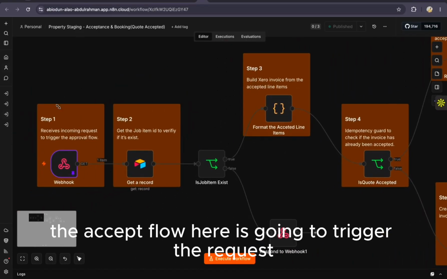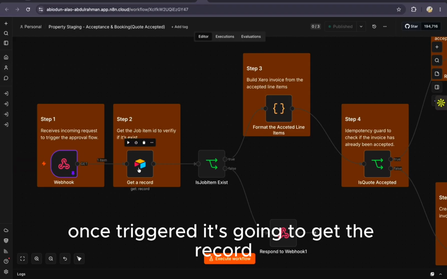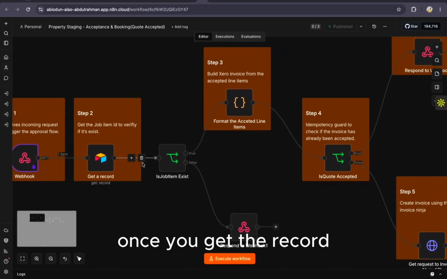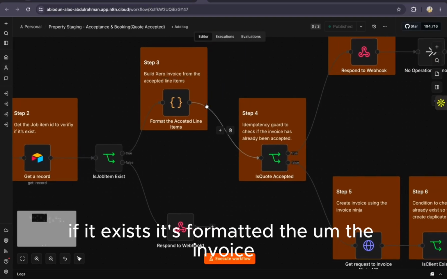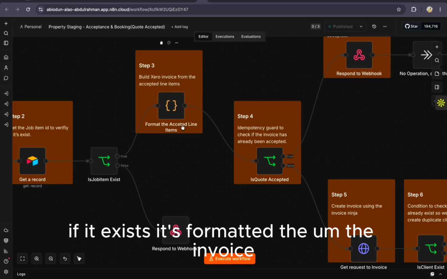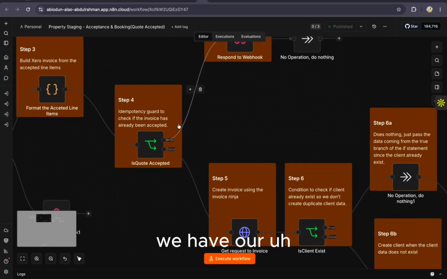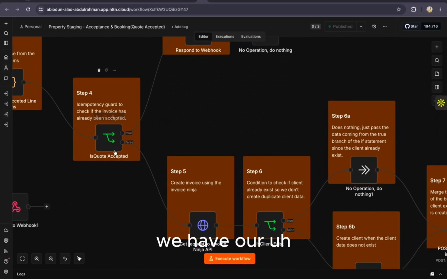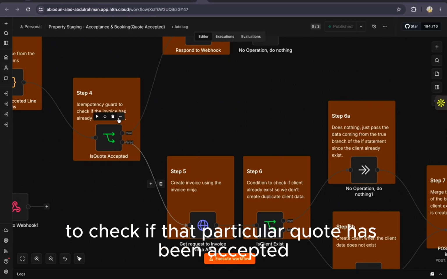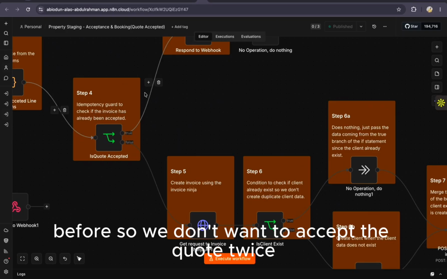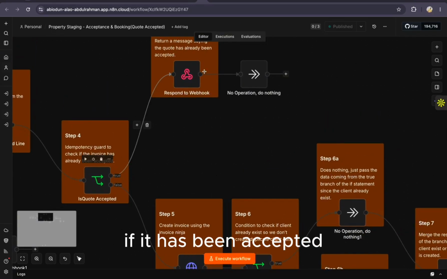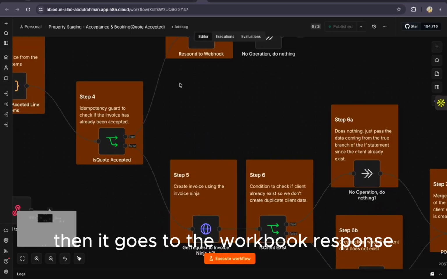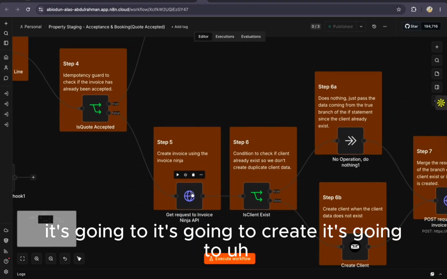The accept flow here is going to trigger the request. Once it's triggered, it's going to get the record, to check if that particular job item exists. If it exists, it formats the invoice, and then we check if that particular quote has been accepted before. We don't want to accept the quote twice. So here it is checking if the quote has been accepted. If it has been accepted, then it goes to the response webhook. If not, it's going to